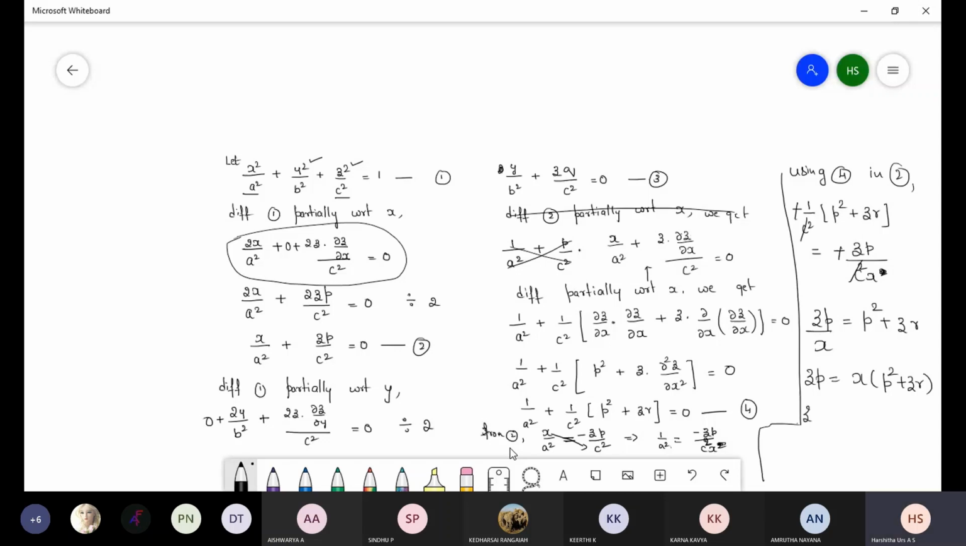So z into p means dou z by dou x is equal to x into, again dou z by dou x whole square plus z into our r. What is our r here? Dou square z divided by dou x square. Dou square z divided by dou x square is the required partial differential equation. Next one,